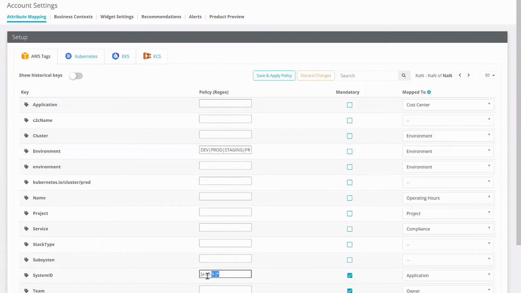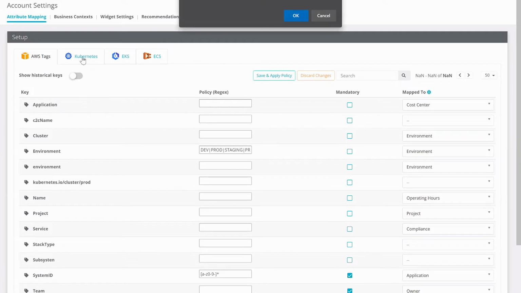From a system ID tag perspective, we've defined here that we want all lowercase alphanumeric characters, and that's the only thing that should be accepted here. So we use these regex policies to do some string matching to be able to identify where things are not tagged correctly. We can also bring in labels from the Kubernetes side,